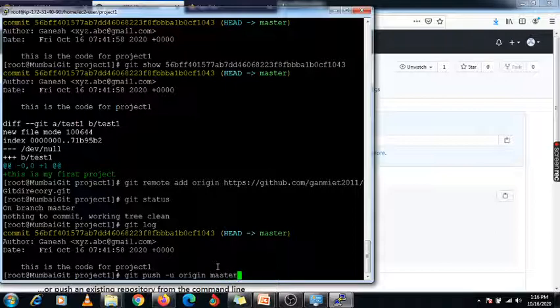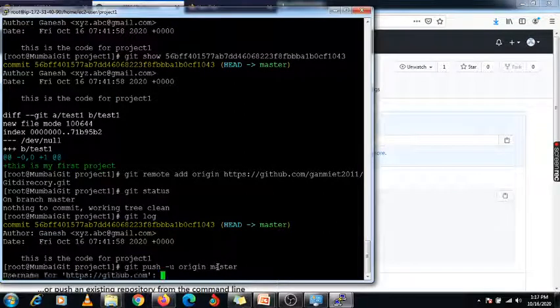So this is my master branch which I need to push from my local repository to the central repository. So just enter it. Now it is asking for a password. So you need to provide that GitHub password. Whatever account you have created, you have specified one password. So I am entering it here.